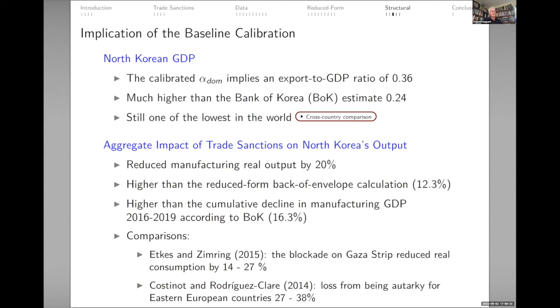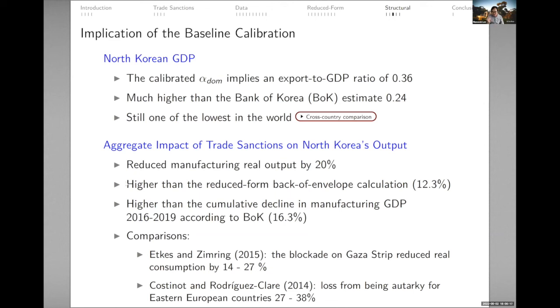I really want to hear Moonsub and Sung-min on this though, because I see the value added from the model because there are several deep parameters that Sangyoon is estimating. By doing this exercise, as you can see from this slide, the export to GDP ratio, which is unknown, is backed out. And then I think Sangyoon, you are also ready to calculate the welfare, which is never observable. This is going to be, again, maybe less credible, but for welfare, there is no way to observe that from the data. But in the model, I think you may